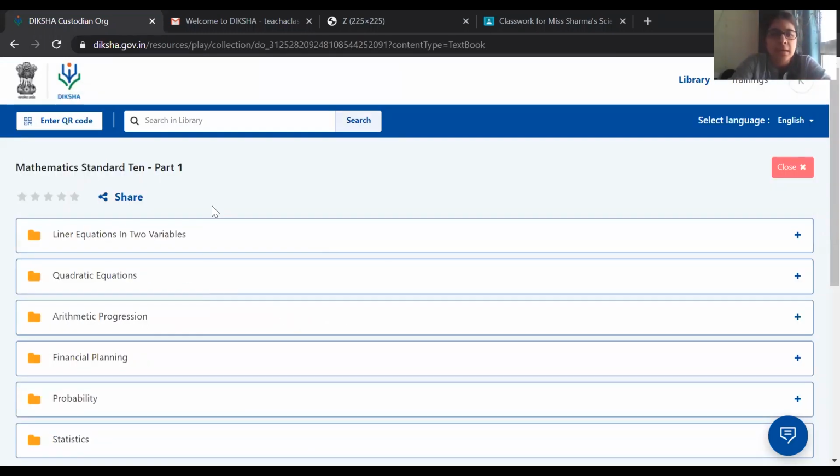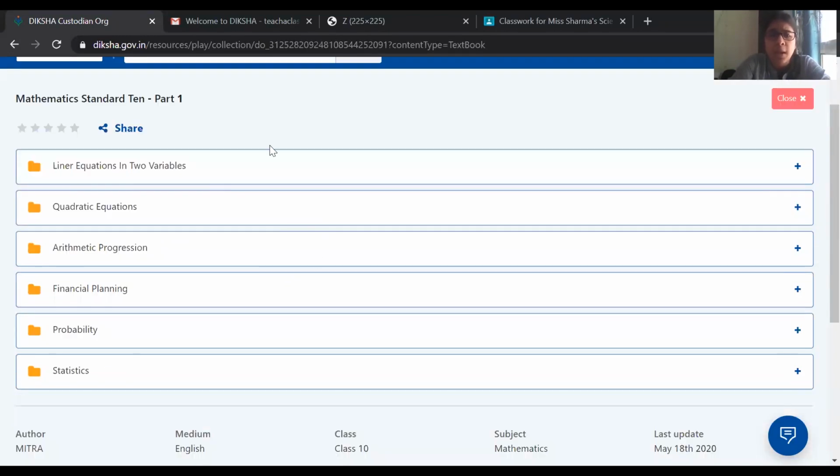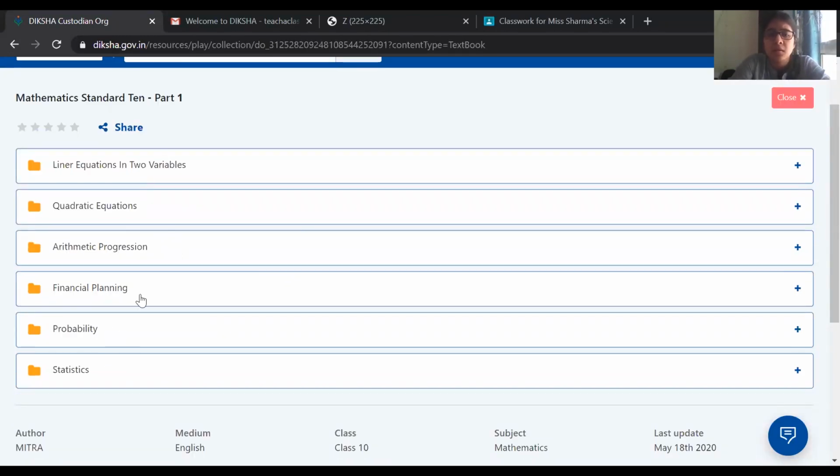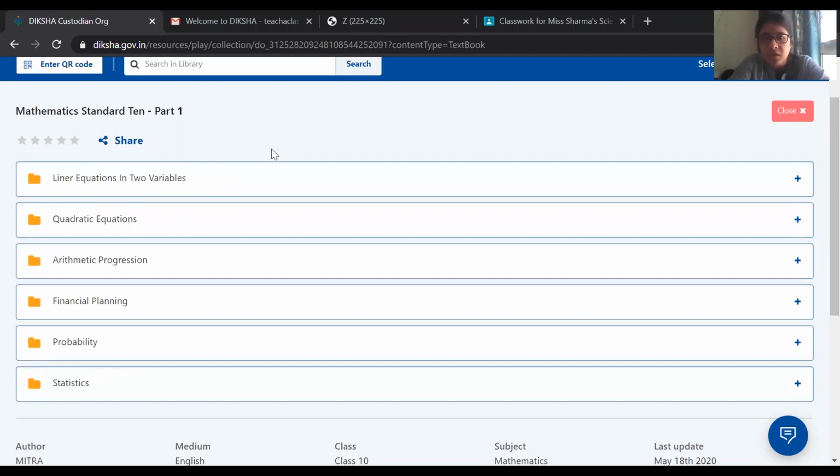And over here, I can see all the chapters which the 10th grade Maths 1 has. So linear equations, quadratic, and all of that. On your phone, this might look a little different because there they ask you to select the chapter in a different manner. But don't worry about it. The content is the same. If you just fiddle around a little bit with the phone also, you will be able to see everything. I find the desktop version easier to use, but the phone is also the same.